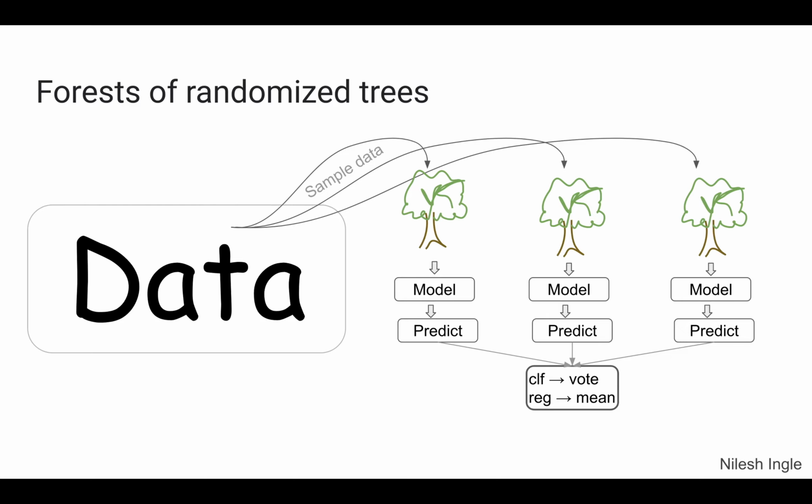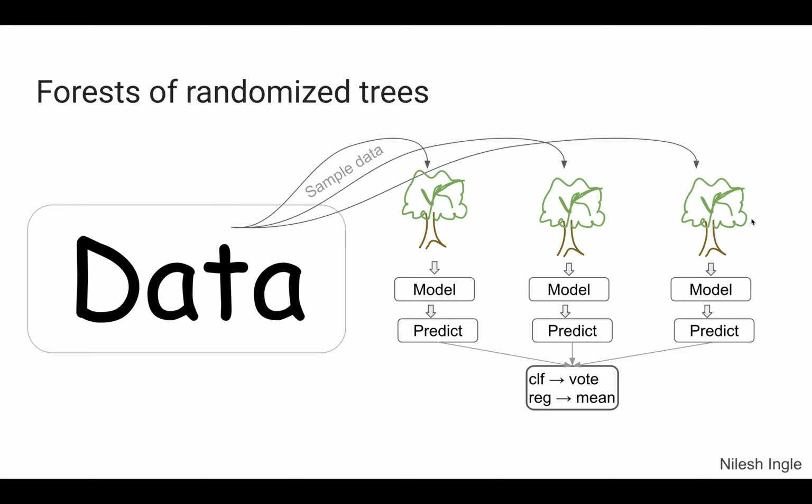So here the idea is somewhat similar. We have a data set. What we do is sample from that data set and then fit a tree, so that we are modeling it, and then we get a predicted value. So we can do the sampling multiple times, and so we can fit many